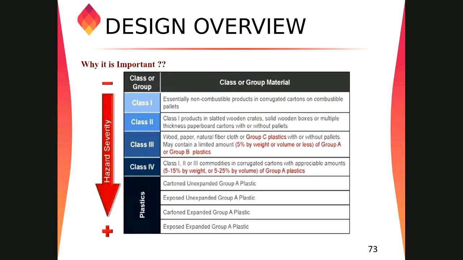Okay, so my question to you guys: out of this classification, the commodity classification, class 1 to group A, B, and C plastics, which product classification will give us more heat, meaning the more heat release rate? Let's say there is a fire, and after 1 minute, how much heat is getting released from those products? Which one is the classification for that?